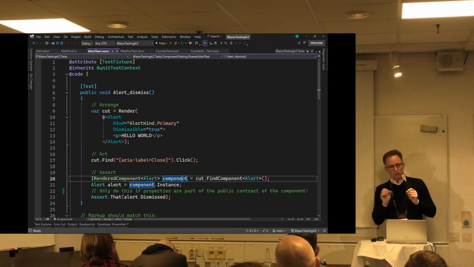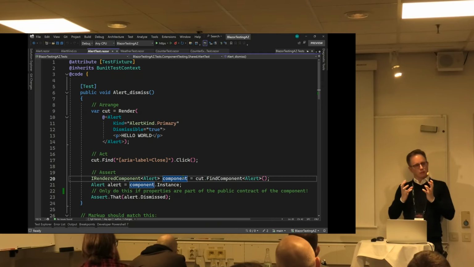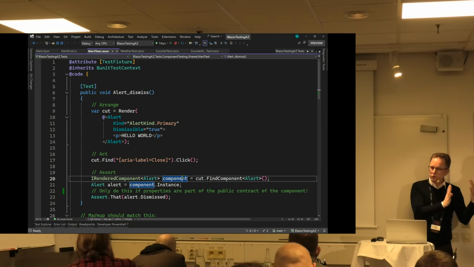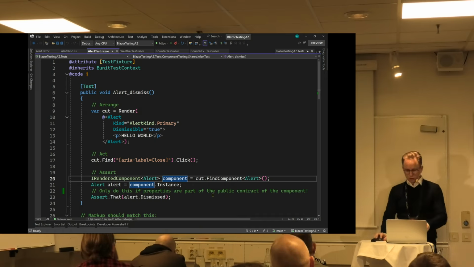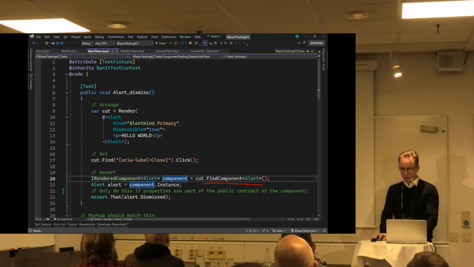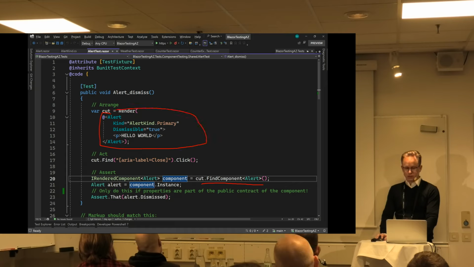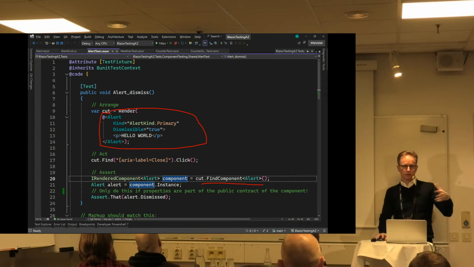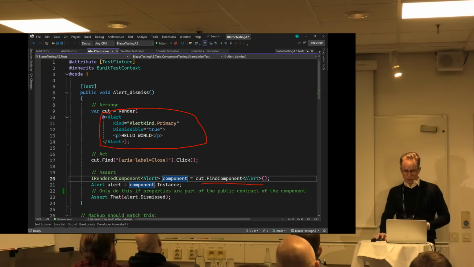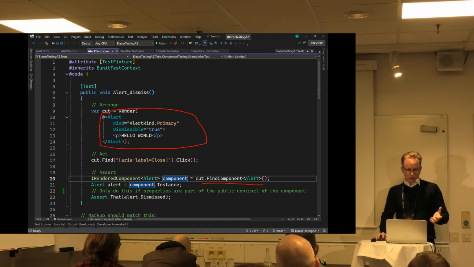Now, because we are inside the Blazor renderer in a bUnit test, we can look at the actual component tree, not just the resulting markup that we see in the browser, but the raw component tree. So we can say, go and find me the alert component in the component tree. The tree is fairly shallow here, just a single leaf. But if you had a hierarchy, you can drill into the tree and figure out each individual component. And once we have that, we get a bUnit rendered component type out, which